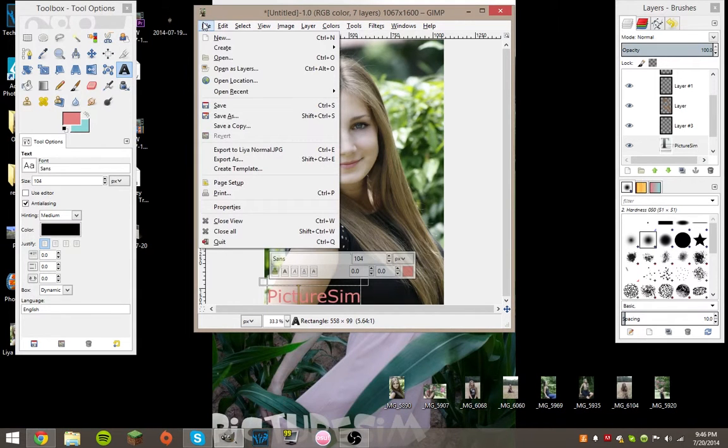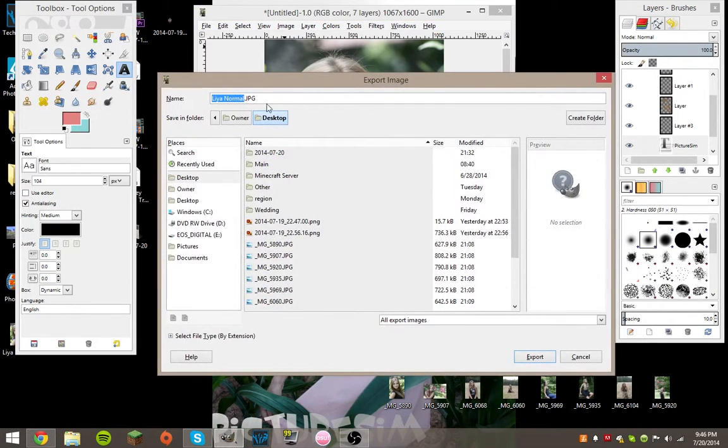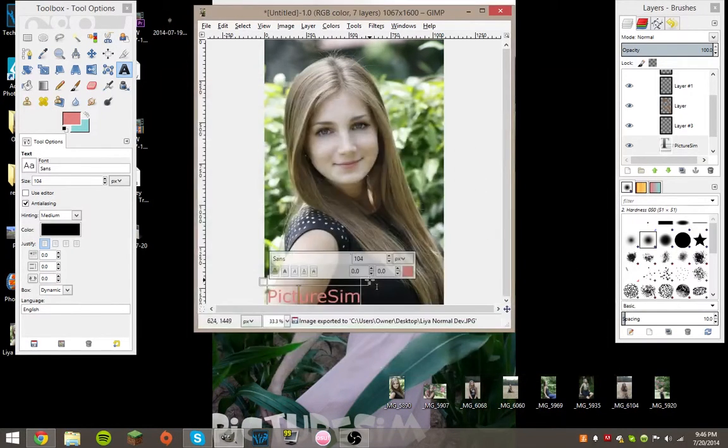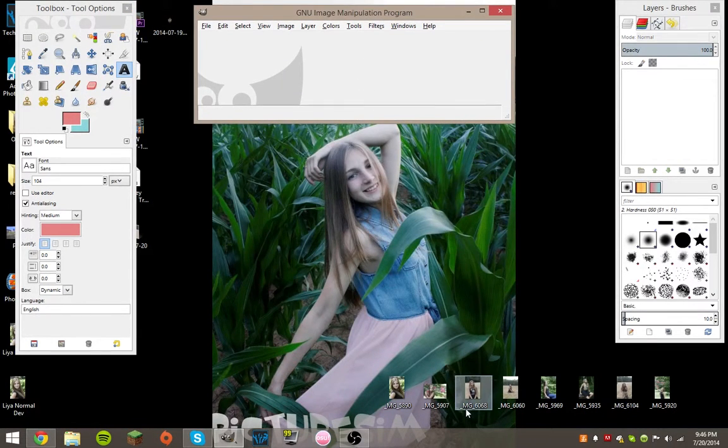And then I'll just save this as Leah normal deviant. That's what I usually do. And this is how I would edit this photo. So now, I always like to exit out this way, discard changes, and then